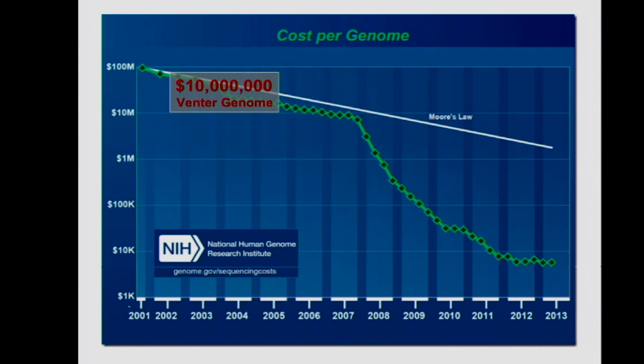Of course, the human genome sequence was released right around in here, and it had a budget originally of billions of dollars. They came in under budget, but it cost a lot. Shortly after the human genome sequence was released, Craig Venter quickly resequenced his genome for a cost of about $10 million on Sanger-based methods. Right about in here,